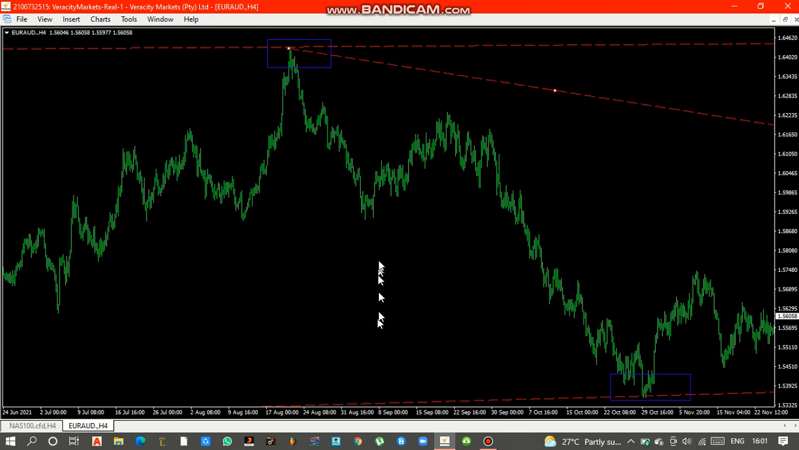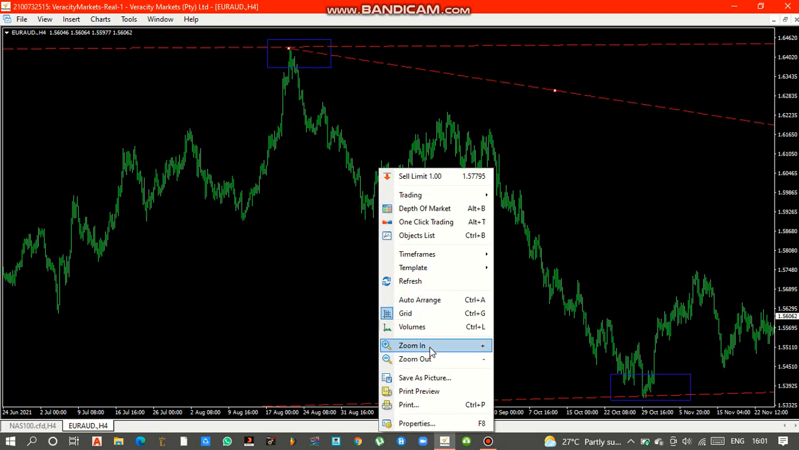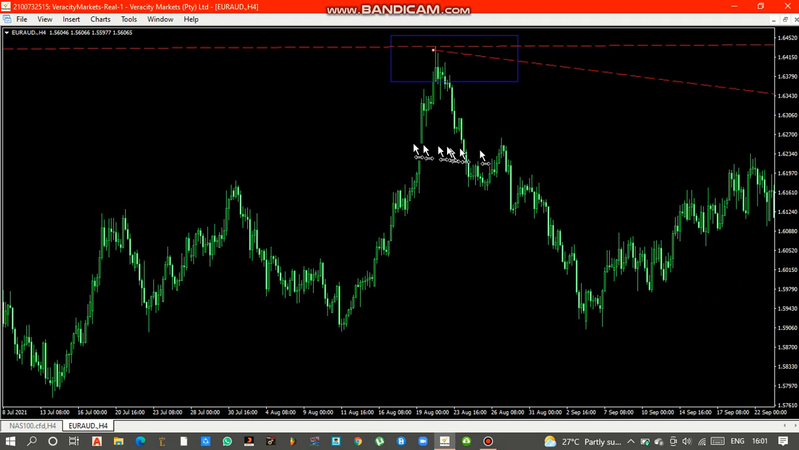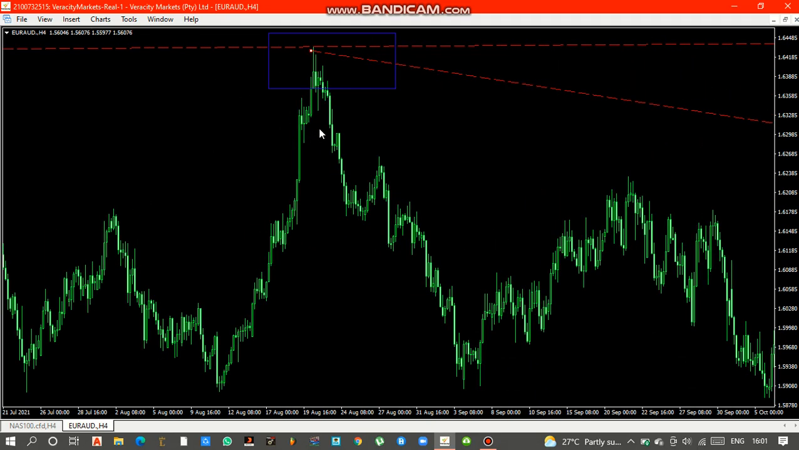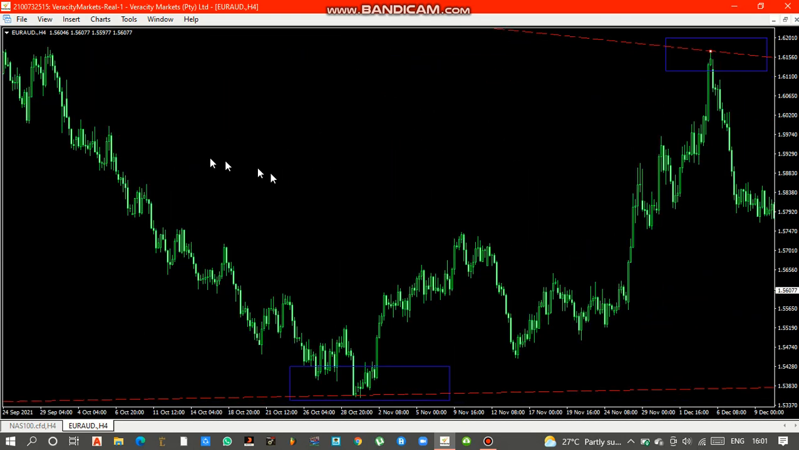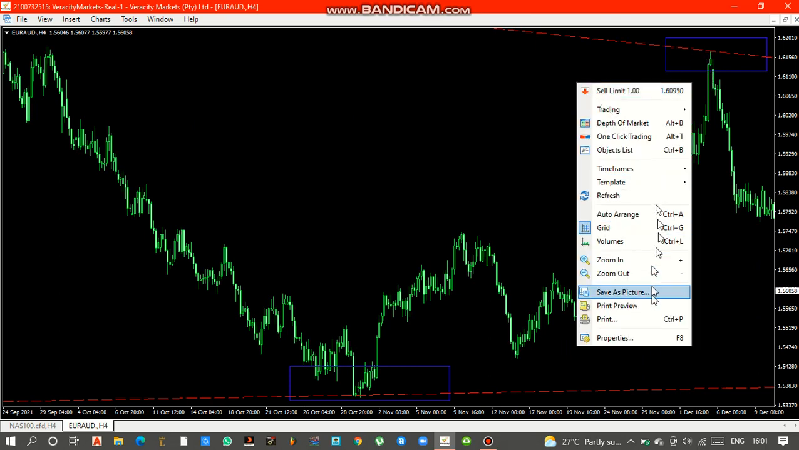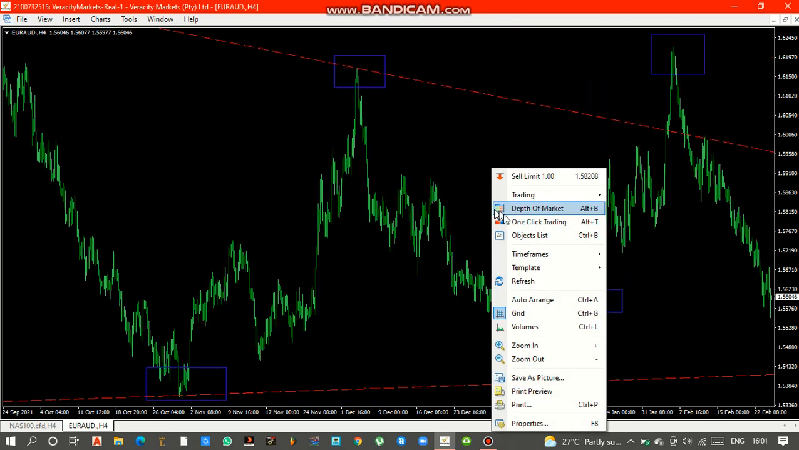You zoom in and make sure that your resistance trend line always touches your last bullish candlesticks. Also with your support trend line, make sure that it always touches your last bearish candlestick of the market at the peak. And then you zoom out,